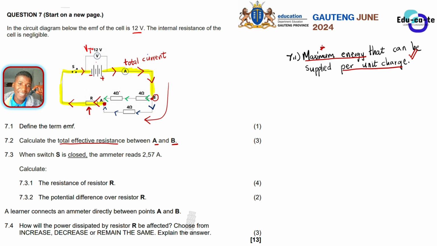So let's get this clear. Let's call this resistor R1, this one. Let's call this resistor R2. Let's call this resistor R3. So from here, we can see that R1 and R2 are connected in series to one another. The 4 ohms resistor here, labeled R1, is in series with this R2 resistor.